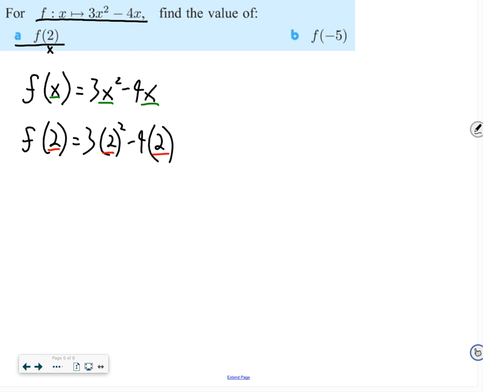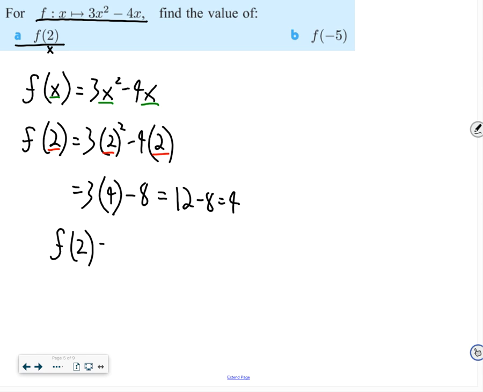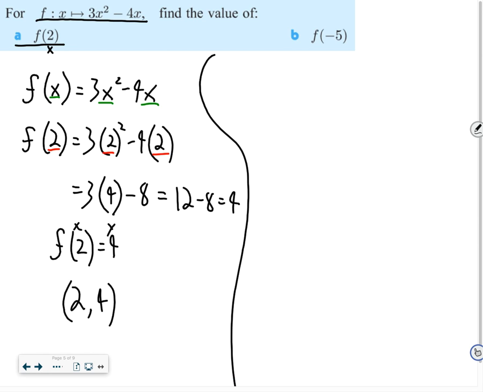Okay, so now I can evaluate this. 2 squared is 4. Negative 4 times 2 is negative 8. So 3 times 4 is 12 minus 8, and I get 4. So I can say that f of 2 is 4. That gives rise to the ordered pair (2, 4) on the graph, where this is my x and this is my y. Okay. In B, if I want to evaluate it at negative 5, so I do f of negative 5 is equal to